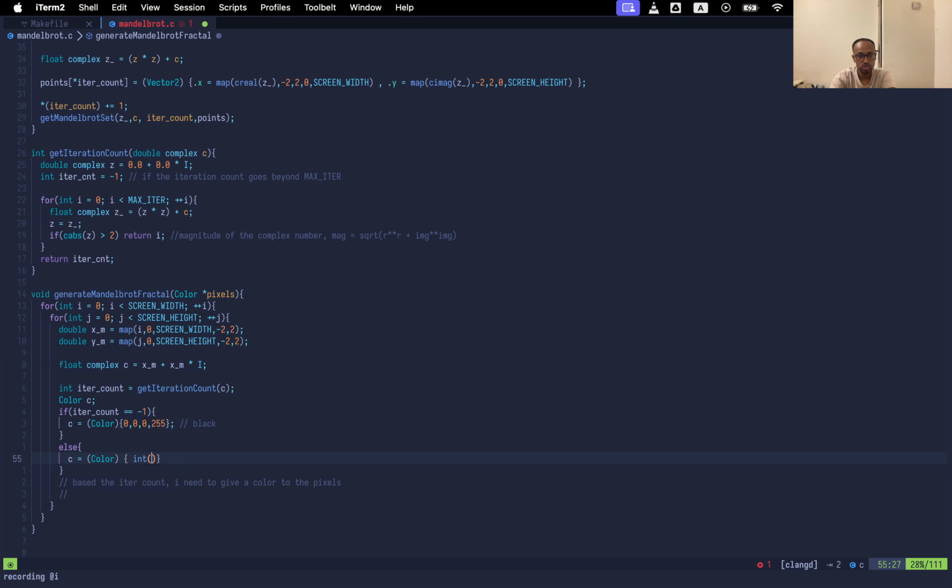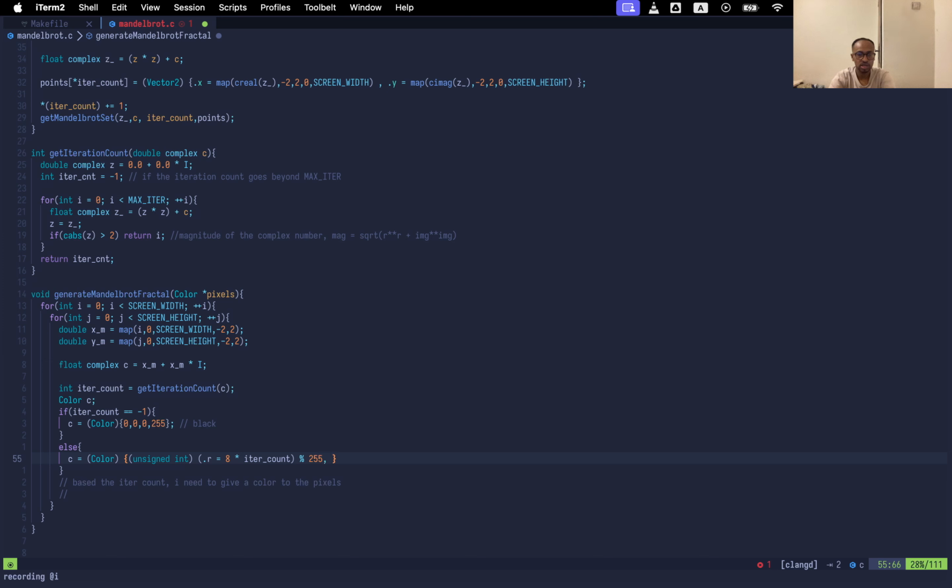I need to cast it to unsigned int, because currently unsigned int. I can say 8 times the iteration count, and let's modulo it to 255 to range it. So this is R, dot R,